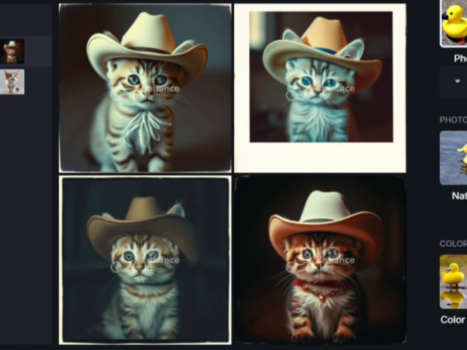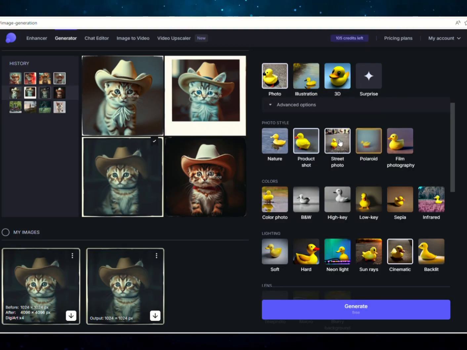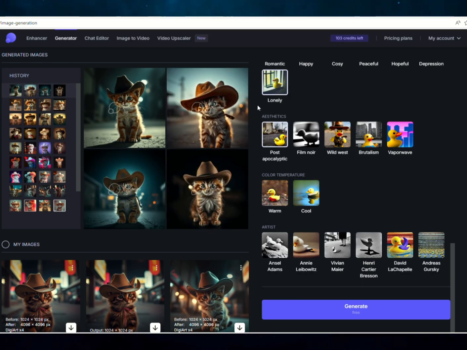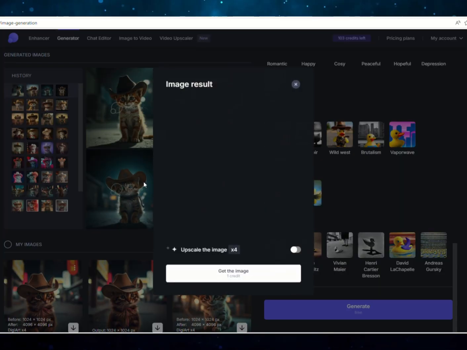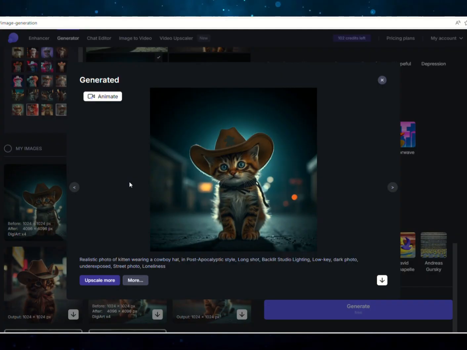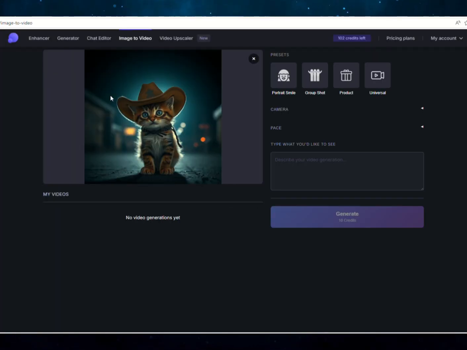For the first image I'm generating, I selected photo plus Polaroid to give it a more vintage look with cinematic lighting. Now let's try street photo instead of Polaroid style to see what it comes up with. The images it generates are right on the money. This is exactly what you'd expect if you were looking for a cat in a cowboy hat in the middle of the street, right? So I found one I really like here,